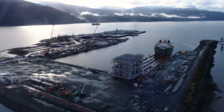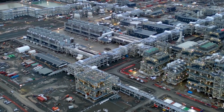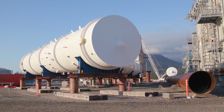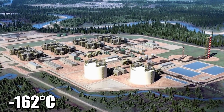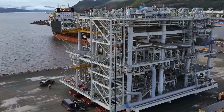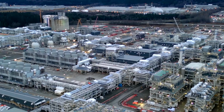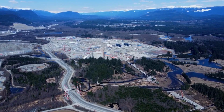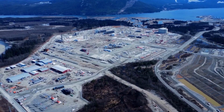To understand the scale of this project, imagine the challenge of building a facility capable of cooling natural gas to negative 162 degrees centigrade to turn it into a liquid. This is no small feat. The terminal in Kitimat is designed to handle this process on an industrial scale, with state-of-the-art technology that pushes the